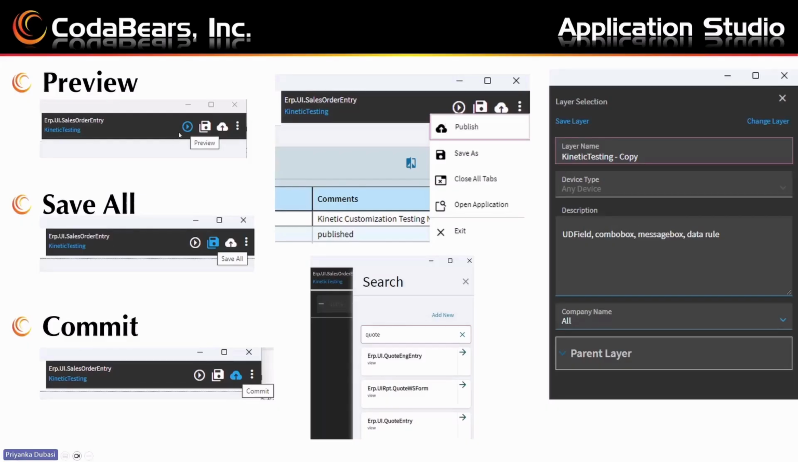Your preview is when you're trying to test your layer, but it is really not saving anything. It's not available to use on your menu yet. You're just trying to test things. That is when you use your preview. Then save is just like save, but it's not yet available to use on your menu. Then you also have your commit and publish, which pretty much